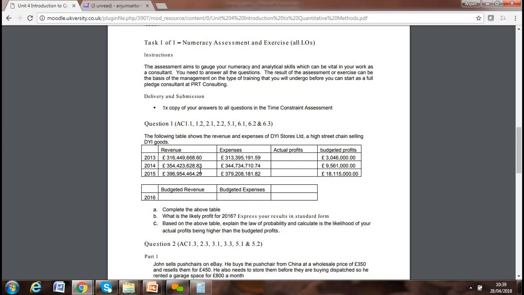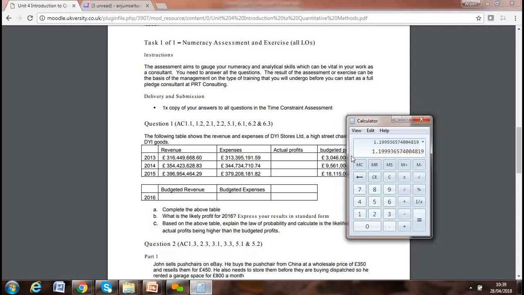There are two ways. You can add them all and divide by three, you can find the average revenue a year, but we're looking at the trend. If you're looking at the trend of 2013, I'll round this to 20%. So if I go through 2013 and 2014,